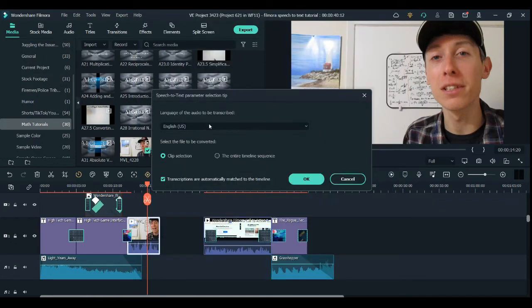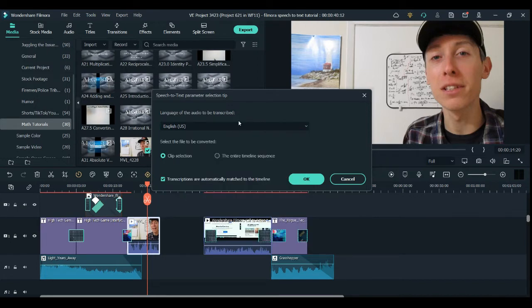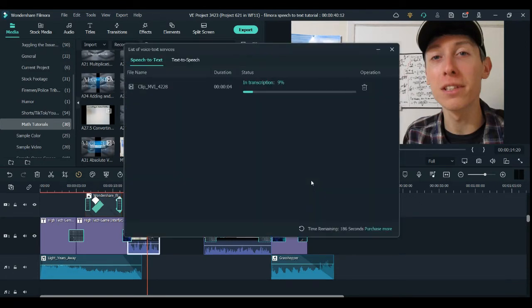It gives you an option of different languages that the audio can be transcribed in, and you have a choice here. Do you want the entire timeline sequence to be converted, which would be this entire thing, or just the clip selected, which is just this thing? Well, for me, I just need this thing transcribed. What I'm going to do now is press OK, and it's scanning and then transcribing,